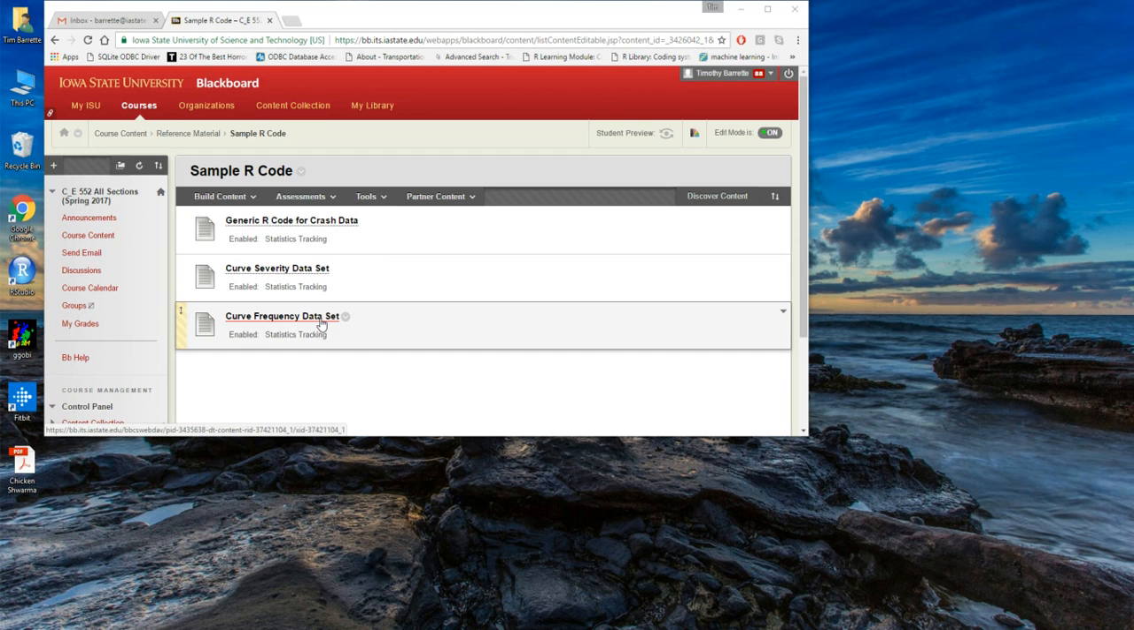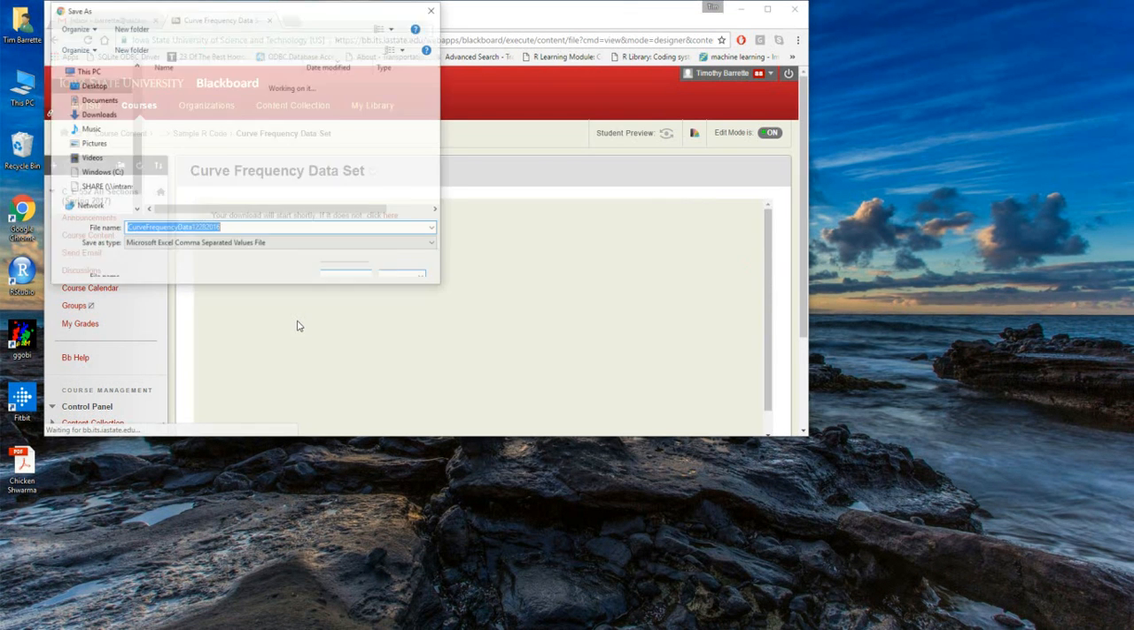So in this data set, each row is going to represent a specific curve over a period of 5 years. So essentially every entry is 5 years of crash data summed in one line. So I'm just going to download this